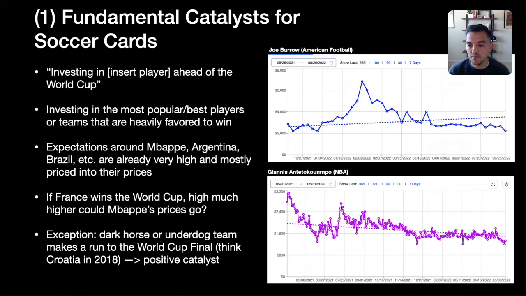So there was a tick up, but then you can see it kind of comes right back down and keeps trading kind of where it was before. So what you're seeing here is, yes, these events are having an impact on the prices, but it's mostly the hype. They're not actually step changing the value of these underlying assets long term, because even though there are these short peaks, there's a correction, and then the assets are trading about where they were before this event happened. And there's a number of reasons for that, but these are just examples of how fundamental catalysts could impact sports cards and soccer cards specifically.